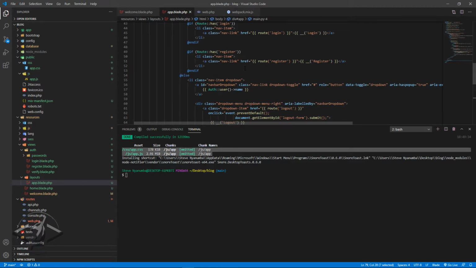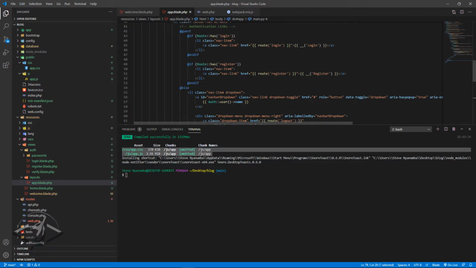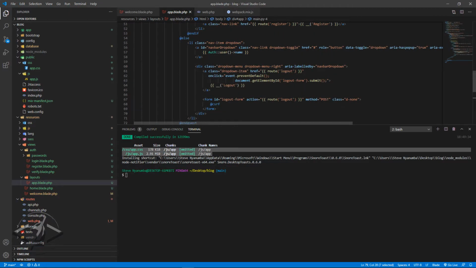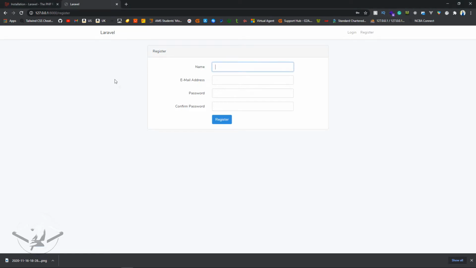Yeah, it's actually here. So it's either login or register if I am a guest, but if I'm not a guest, then it will take me to my username and then it will drop down and give me a logout form, and so on and so forth. I can also create another link down here and it will give me something different. So in order to test this, I'm going to register a user myself